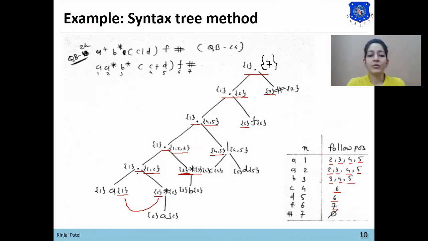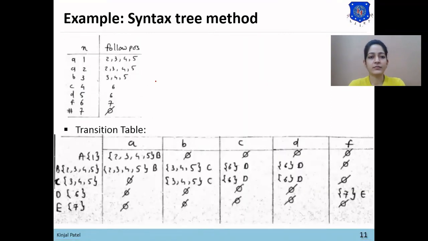So we have applied rules on each dot and star node. We'll add 5 in the follow position of 7, as we have not got any value for this position. Now next step is to construct the transition table using follow position. Starting node for DFA will be the first position of root node, which is 1.